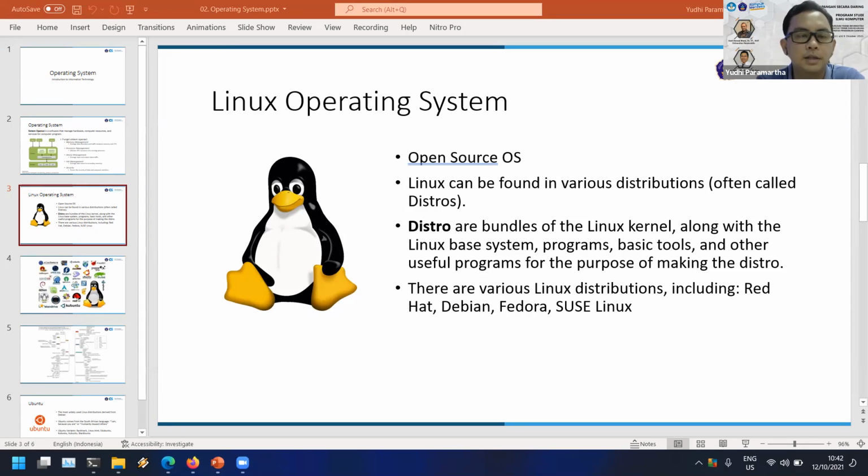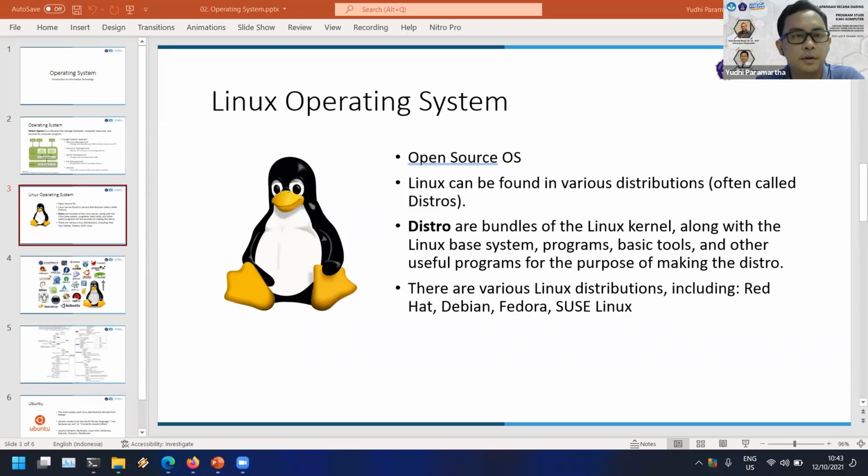The Linux operating system has many versions, called a distro or distribution. One Linux operating system to another may be different, but the core is the same.